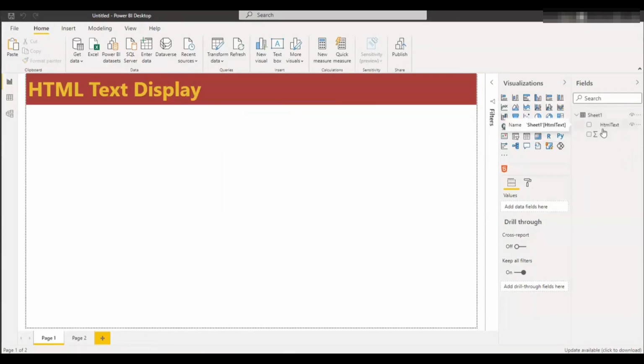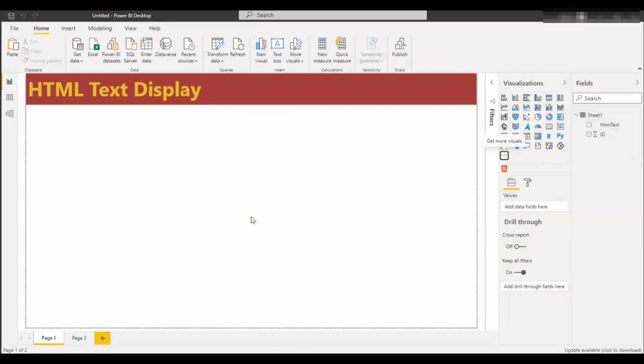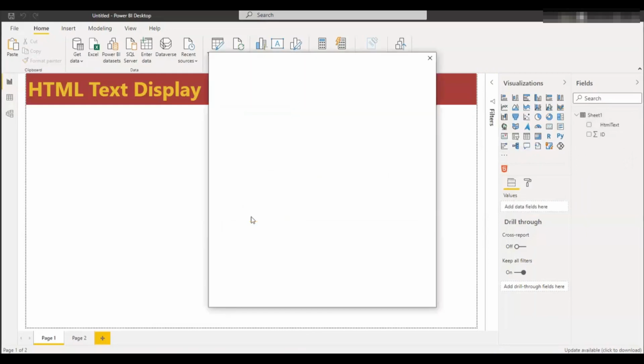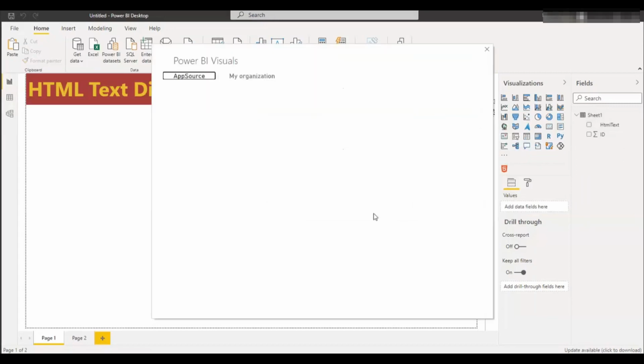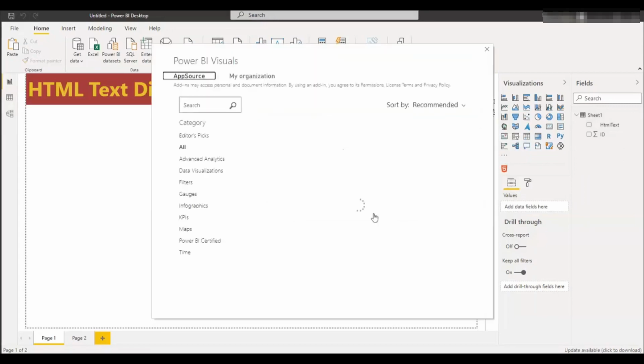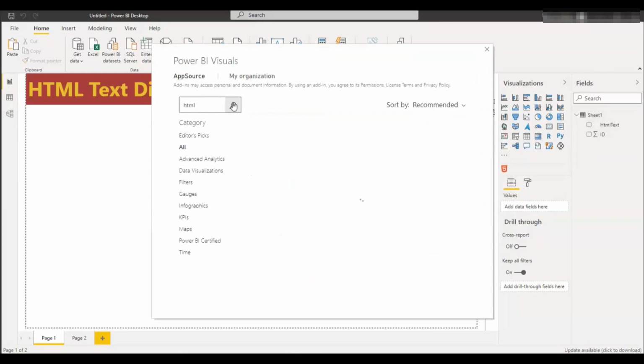To display in an HTML format, you have to go here and get the visual. Let me sign in. Here you have to search for HTML.